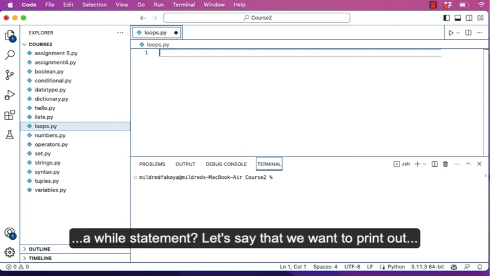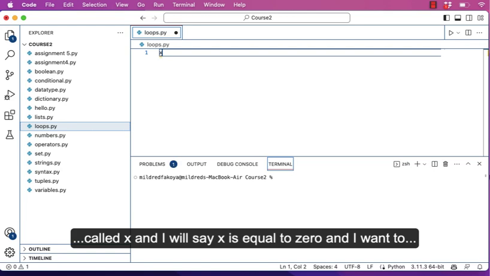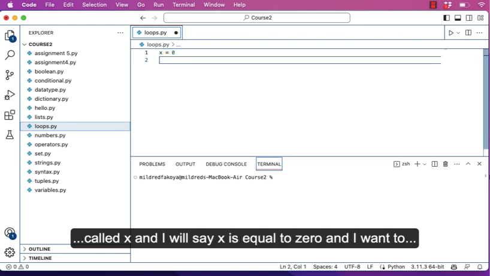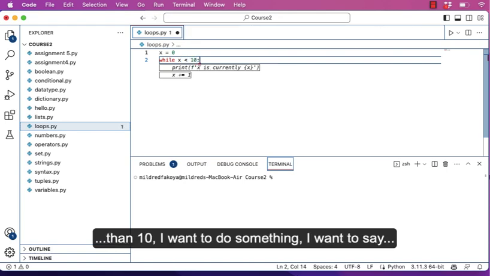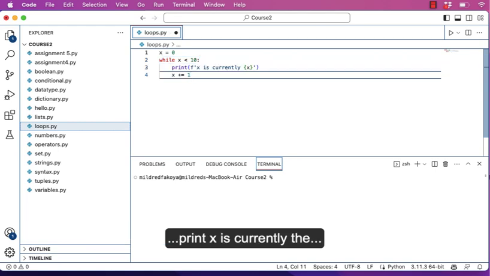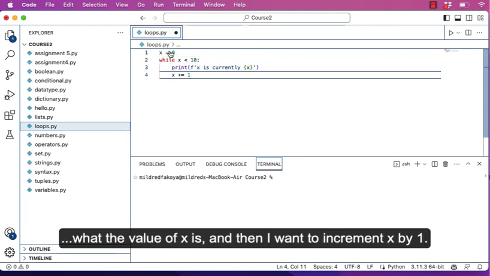Let's say we want to print out the numbers 0 to 9. I'll declare a variable called x, and I'll say x is equal to 0. And I want to put a condition and say while x is less than 10, I want to do something. I want to say print x is currently what the value of x is, and then I want to increment